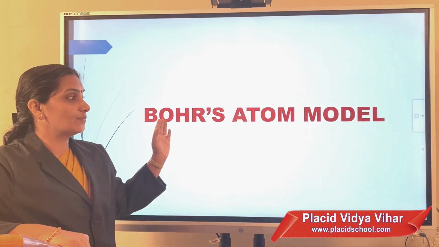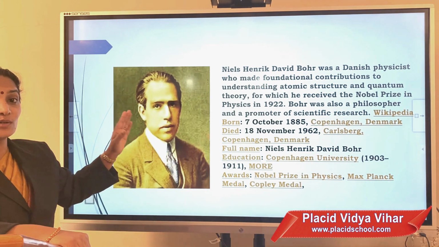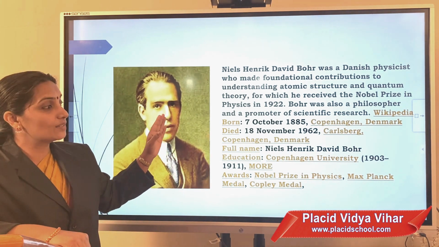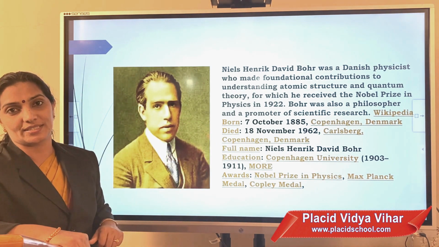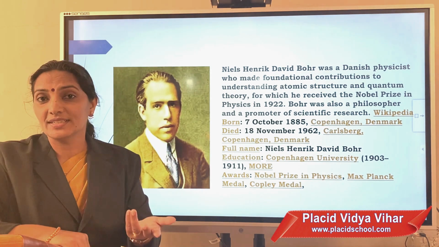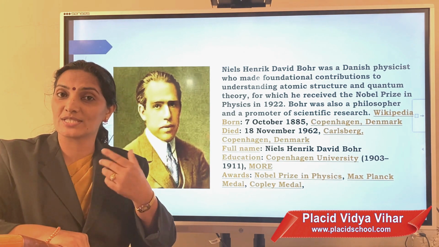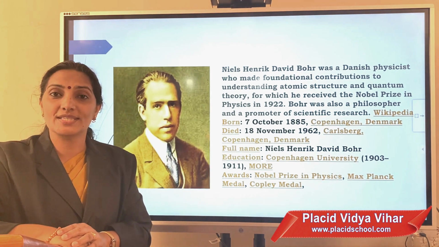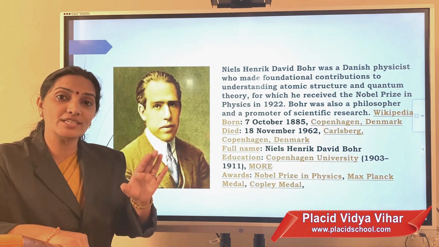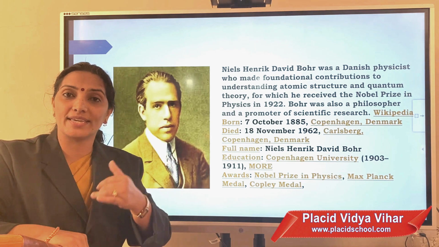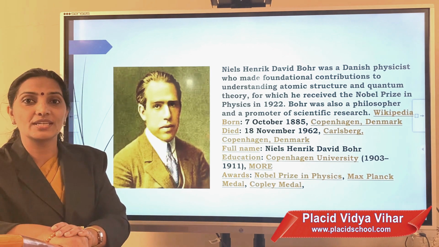Today, now we start with Bohr's atom model. This is Niels Bohr, a well-known scientist. He got Nobel Prizes and many more prizes for his work on the structure of atom. According to Niels Bohr, an atom contains a center part called the nucleus around which electrons are revolving. Also, he said that during their rotational motion, these particles do not emit energy or gain energy. Let us see the important postulates of Niels Bohr.